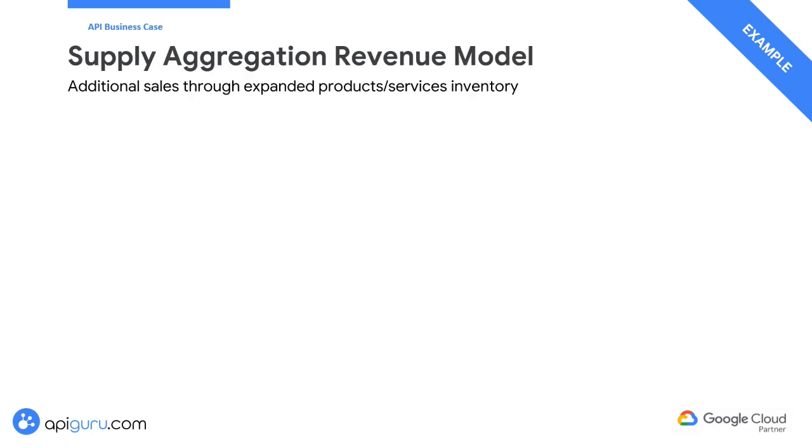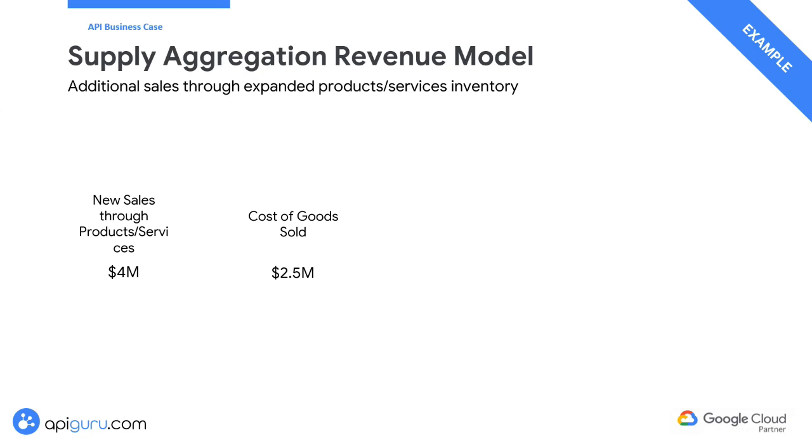Let's move on to the supply aggregation revenue model. First, we have the new sales of product services. In our example, this is set at $4 million. This figure represents the revenue from expanded product services inventory from third-party sellers offering complementary products or services. Next, we look at the cost of goods sold. In our illustration, this is $2.5 million. The cost of goods sold includes all the direct costs associated with producing the goods sold, such as materials, labor,